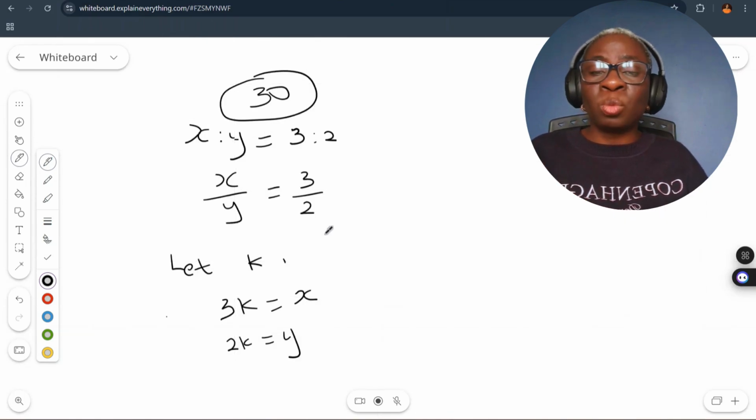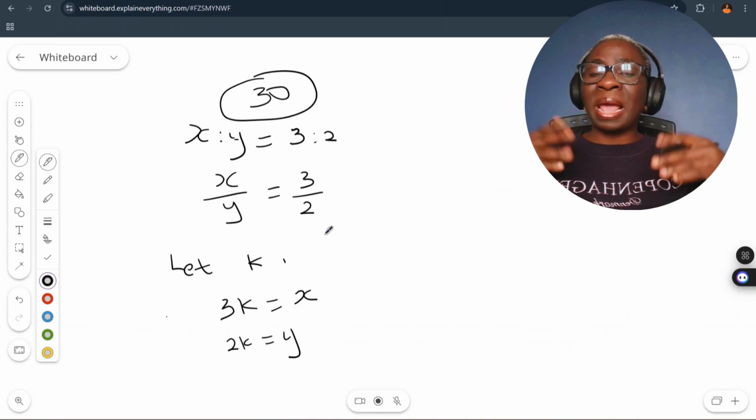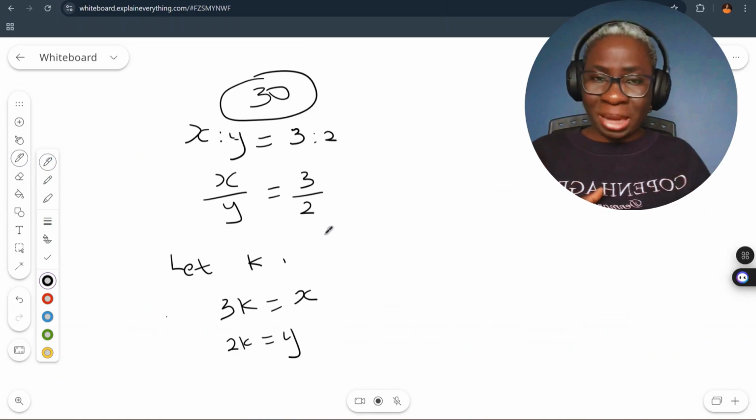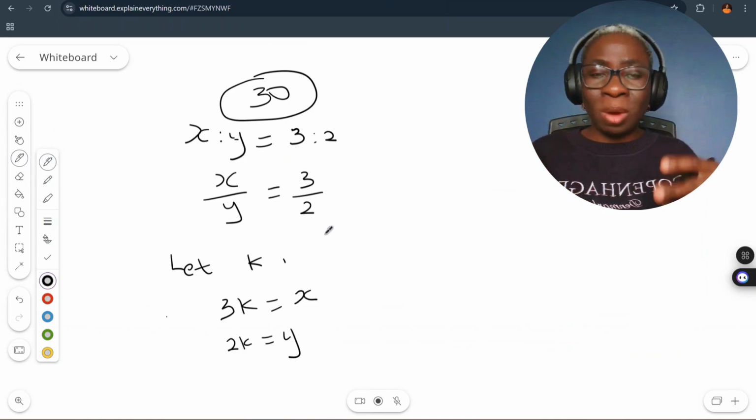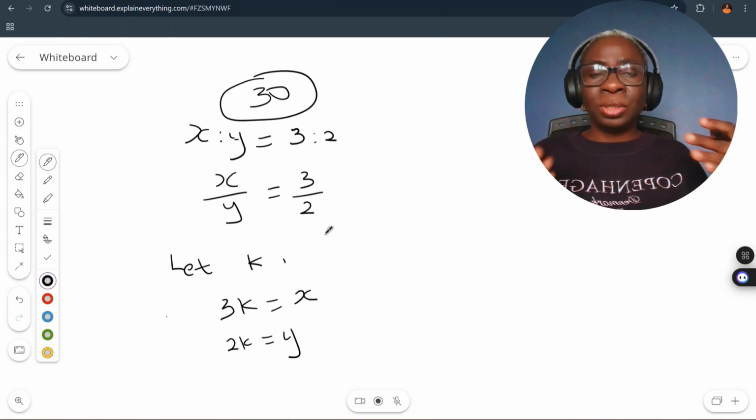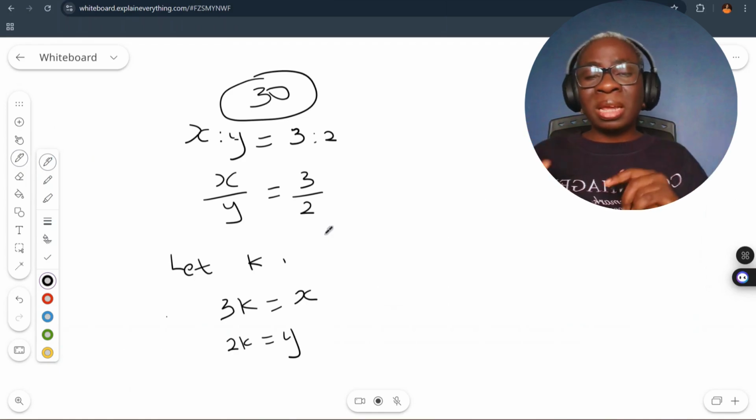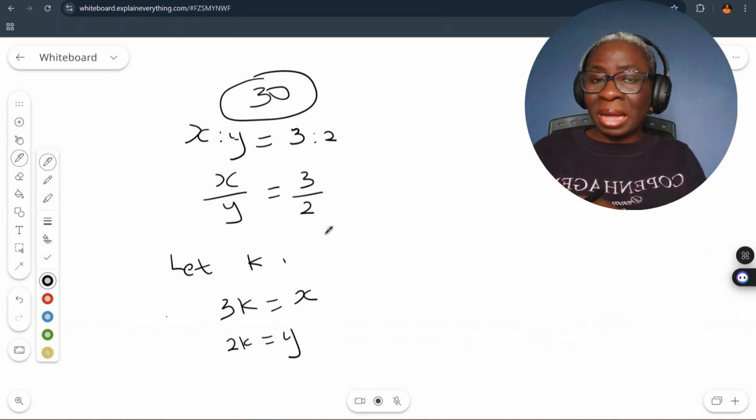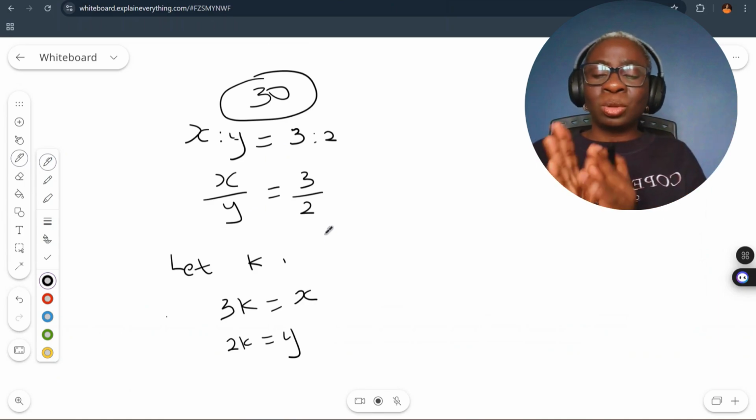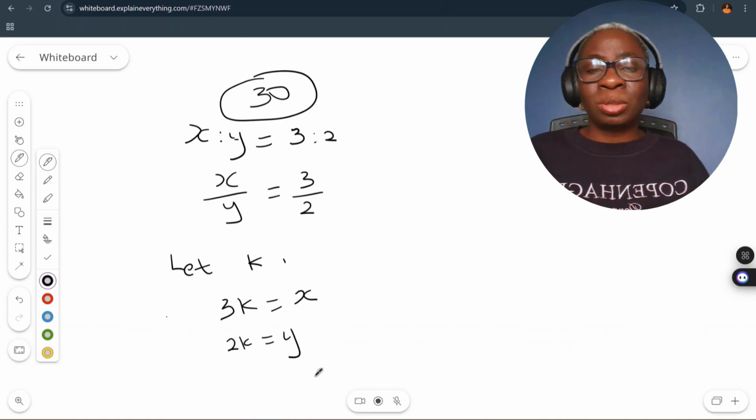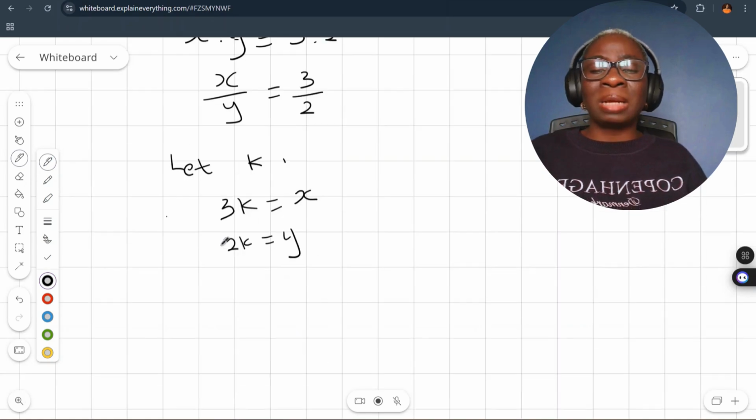Don't forget that I said it has been simplified. That was why we had 3 ratio 2. So now whatever we multiply x by must be used to multiply y too, because when we are simplifying we divide using the same thing. So 3k, that is 3 times that number that we divided x by to get 3. So 3k will be equal to x and 2k will be equal to y, and we were told that the